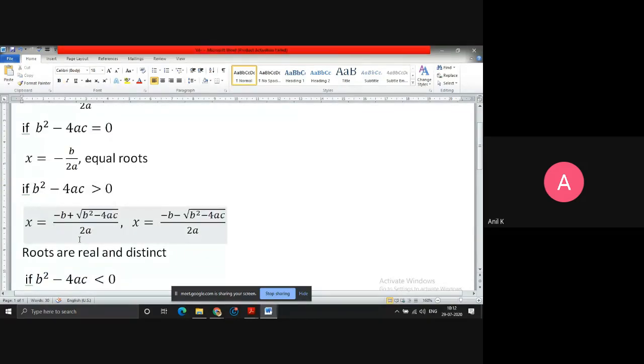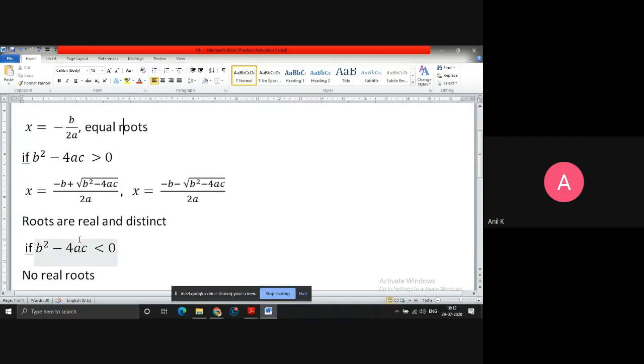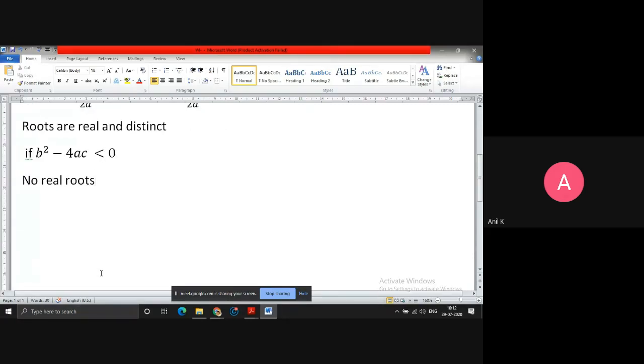Okay. So this method is very useful, especially when you have the roots as irrational numbers. If the roots are irrational numbers, then you cannot solve it by splitting the middle term. And you can solve it by the completing the square method, but it is going to be a little bit difficult way to solve. If they don't mention any method, solve by splitting the middle term or solve by completing the square method, then I suggest you use this method only, and it is very quick and very easy to solve.